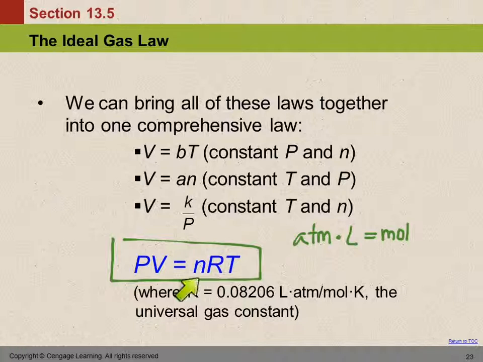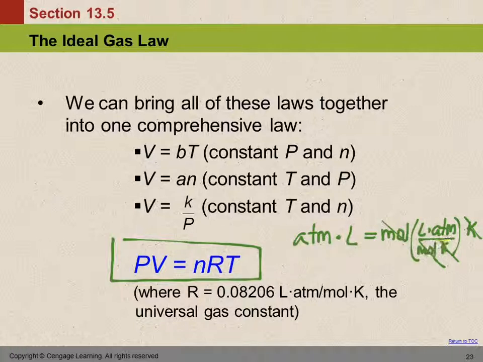the units for P are atmospheres, and volume has the units of L, number of moles has the unit of moles, R has the units liter atmospheres per mole Kelvin, and then what do we measure temperature in? Kelvins. So this is kelvins on the outside. Let's look at what happens to those units. Over on the right side, kelvins cancel kelvins, moles cancel moles, and we end up with atmosphere times liters equals